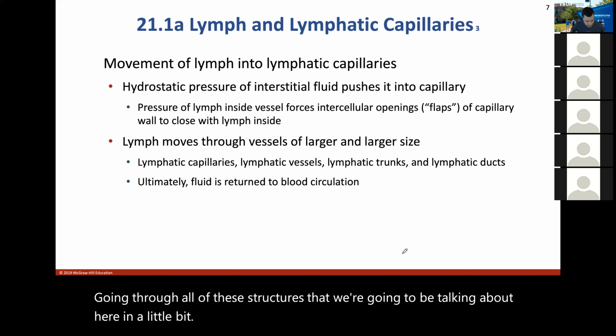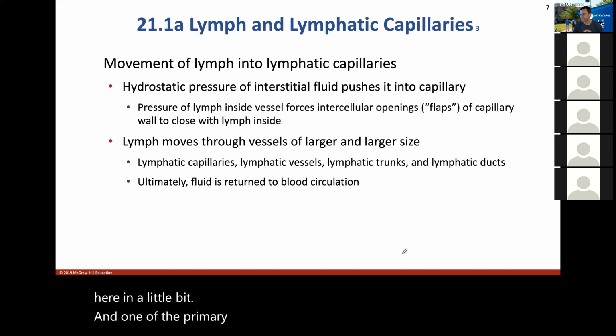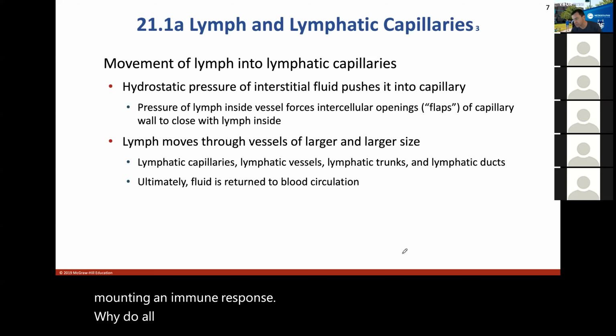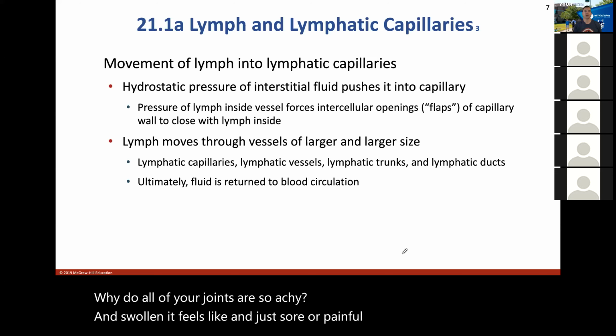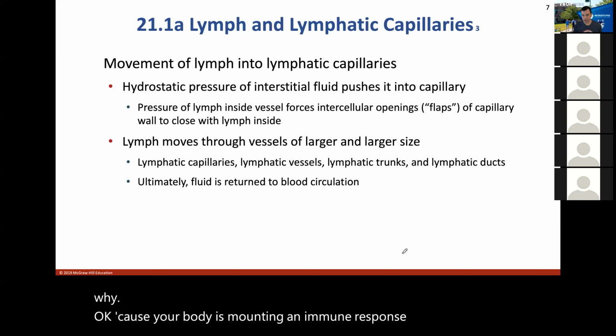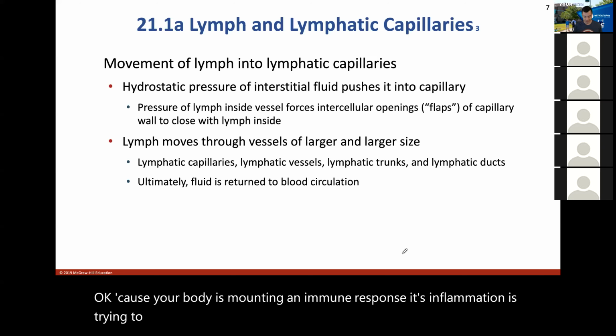And one of the primary responses for the immune response is inflammation. Well, all of these little lymph nodes get swollen and inflamed as you're mounting an immune response. Why are all of your joints so achy and swollen, it feels like, and just sore or painful or hurtful to move? That's why, okay? Because your body's mounting an immune response. It's inflammation. It's trying to limit fluid movement so it can keep it there, so it can attack this foreign